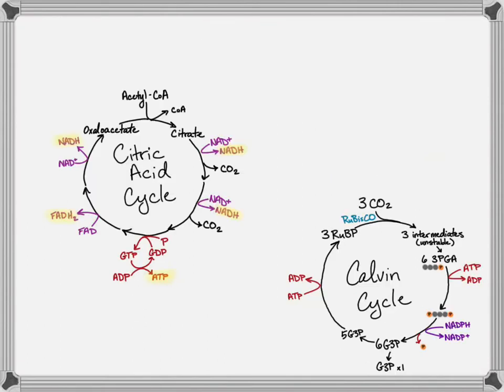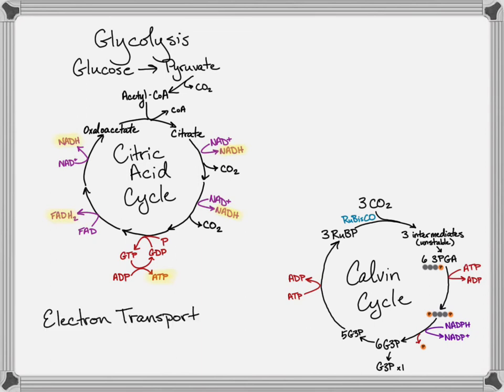So I want you to be able to look at these side by side. So let's start with cellular respiration. It starts with glycolysis and takes a glucose to a pyruvate, and that pyruvate molecule is going to lose a CO2 and become acetyl-CoA, and then the entire citric acid cycle can run, generating those electron-carrying coenzymes and ATP through substrate-level phosphorylation, and then you go to an electron transport chain, which takes the electrons from NADH and FADH2,